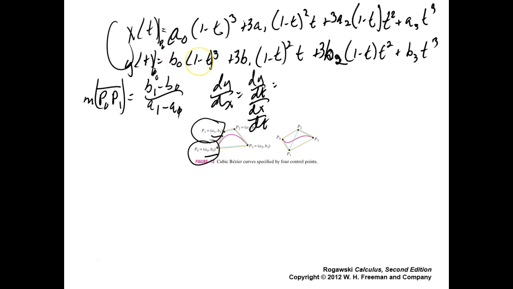Take the derivative of that first one. I was going to do the y first because that's on top. So this one right here, take it with respect to t. 3 times, I'm going to put the b0 in there too. 3b0 times 1 minus t squared, chain rule times a minus 1, right? Okay, plus,